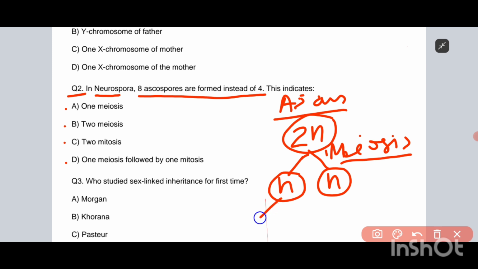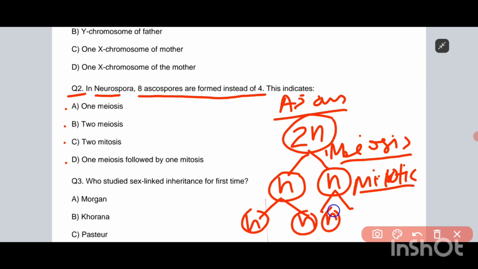and then each of the haploid cells goes into mitotic division. Mitosis is equal division, and from each haploid cell 2 more haploid cells are produced. So a total of 4